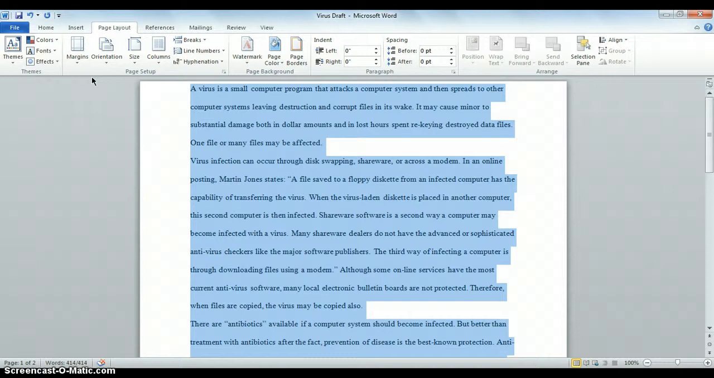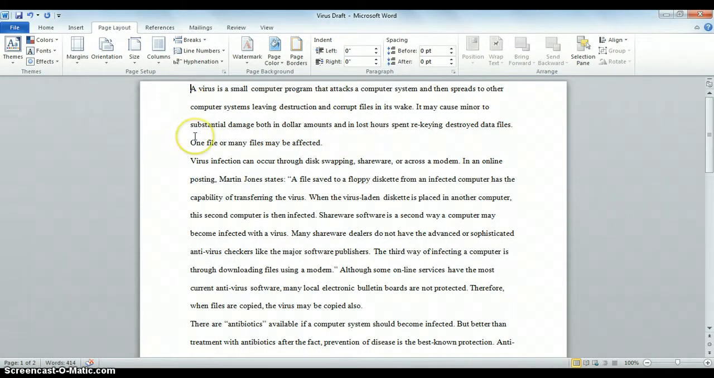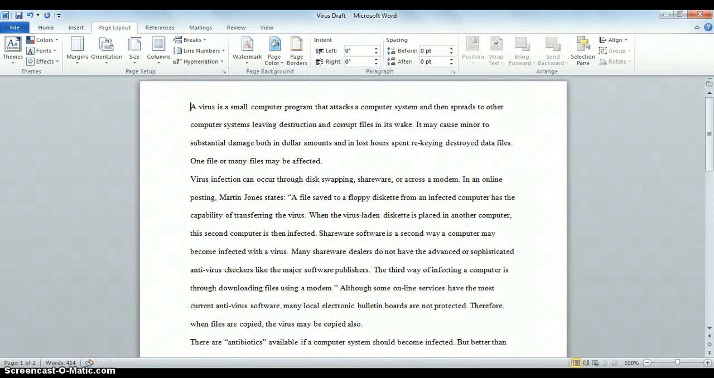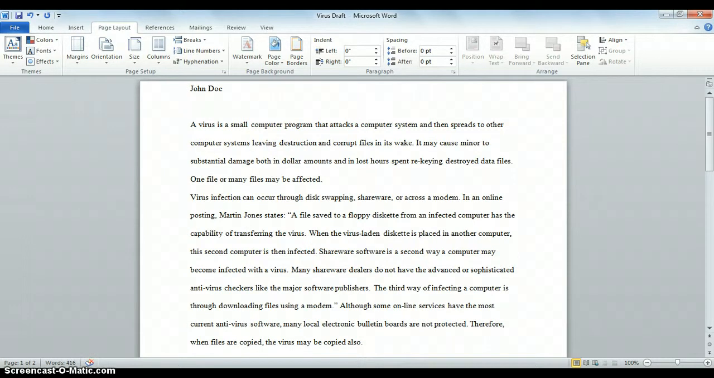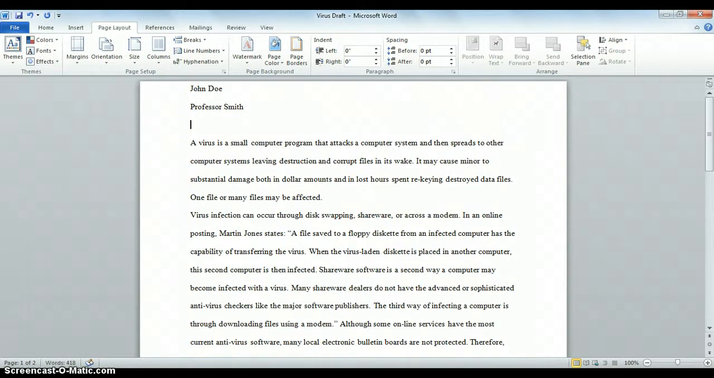Now we're going to type a heading at the beginning of our paper. So let's click right before A, that first word in our paper, and press Enter to give us a line of space to work with. And we're going to use our arrow key to get up in that blank line. We need to type our name, our professor's name, the course name,